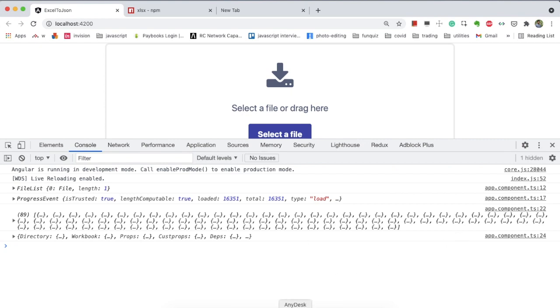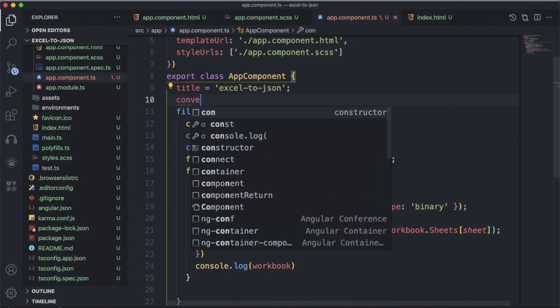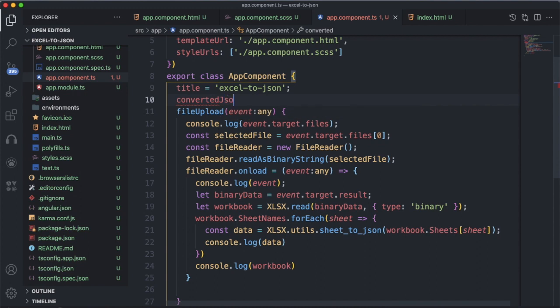Let's display it in the DOM. To display that, we need to declare a variable here, convertedJSON. From Angular 12 onwards, you are not able to declare an empty variable, so you need to declare it like this, assigning something here.